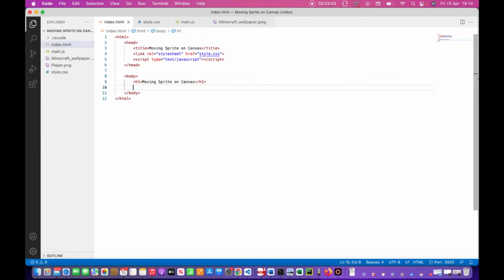Now I'm going to give an enter and put down another tag, which is called the BR tag, which basically means break. So that's going to give a small space between the header and then whatever is below it. So it's basically a line of space. Okay, now